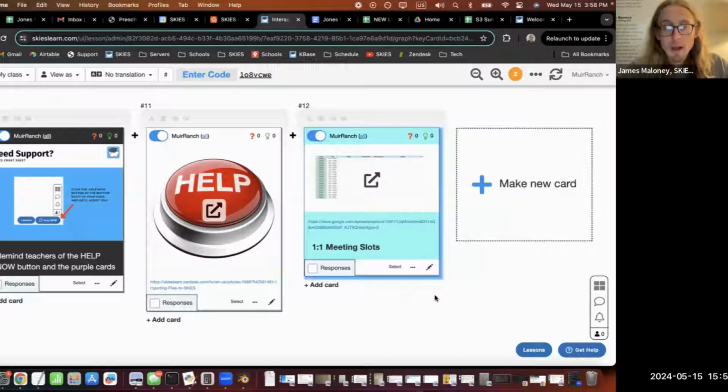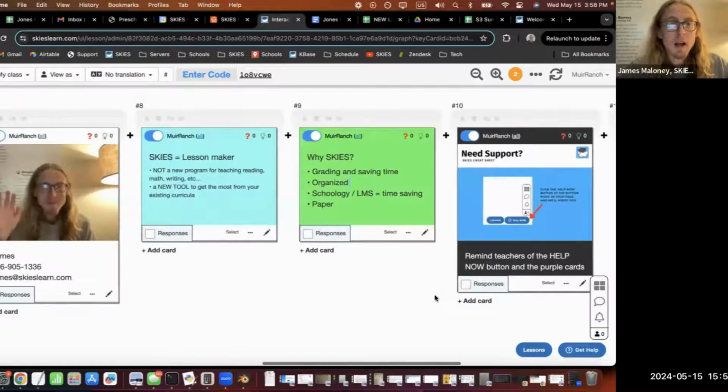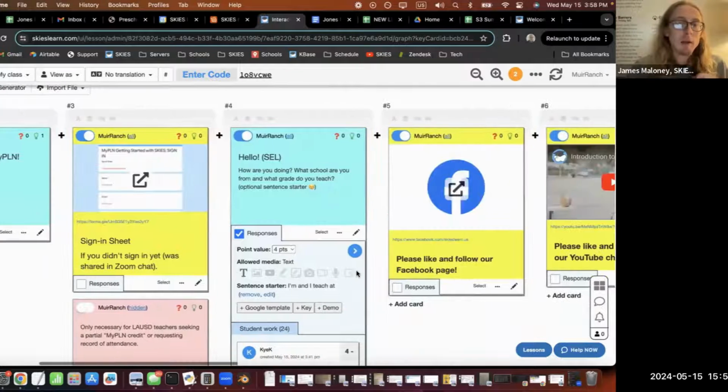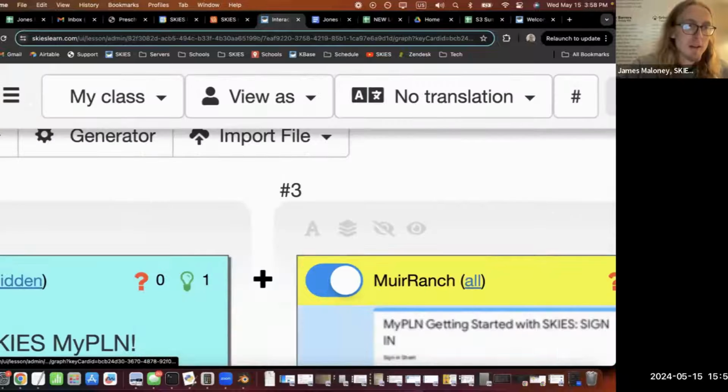And so, let me show you some basics of Skies. I'm going to show you a couple basic things that Skies can do and want to let you practice. And then we'll break out into breakout rooms and we will help you get started. So one thing to know about Skies is that in the upper left corner, there is a menu button,